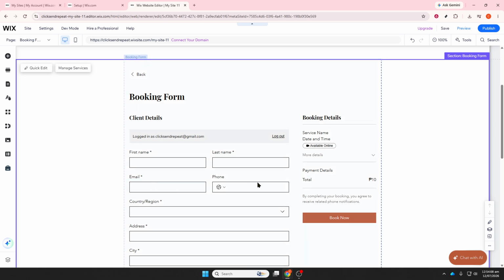Next, customize the booking page so it matches your brand. Add your logo, update the colors and fonts, upload service images, display staff profiles, and include your business policies